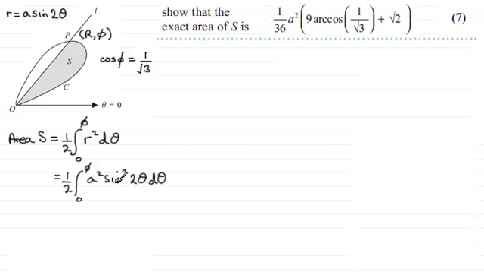Now when it comes to integrating something like sine squared 2 theta, sine squared of any angle, remember we go from the double angle identity, let's just write it down, cosine of 2a say, which is identical to 1 minus 2 sine squared a. If we rearrange this, sine squared a would be equal to a half of 1 minus cos 2a. So if we use that substitution and take the a squared out with the half, we get a squared